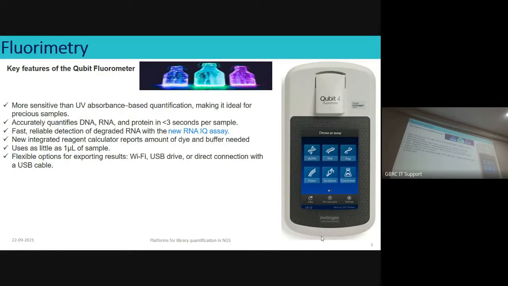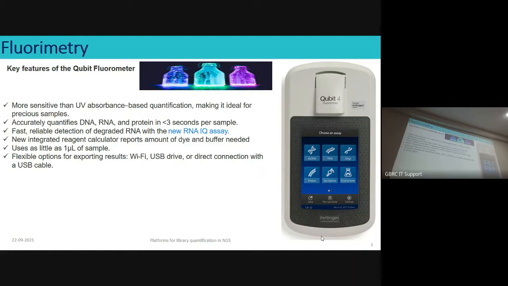And the same can be used for the quantification of the library, because it accurately quantifies DNA, RNA, and protein. For each, separate kits are available, and they have different kinds of probes. For example, if you are using the kit for RNA, the probes inside the kit will bind only with the RNA, and for DNA, the probe will bind only with the DNA.